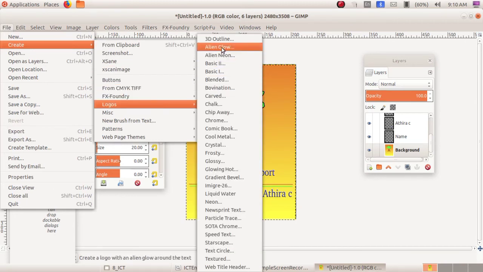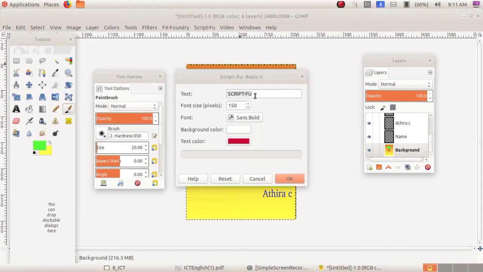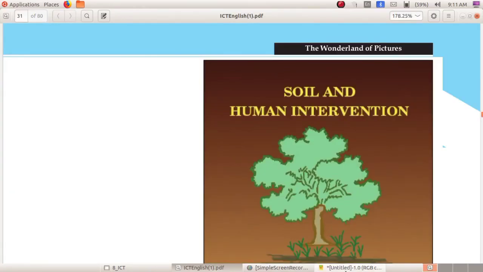Okay, here you can see so many options. From this you could select any one. Okay, in the space provided for typing text, you want to type soil and human intervention.